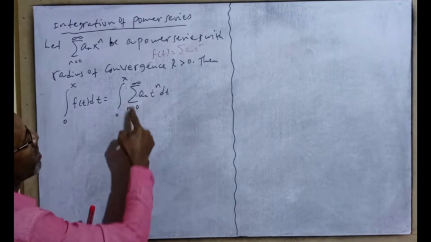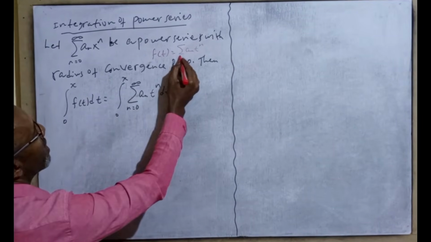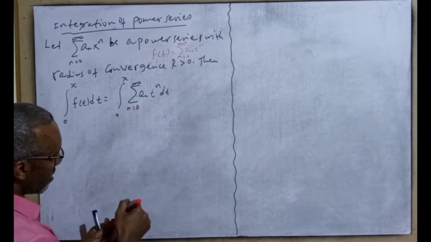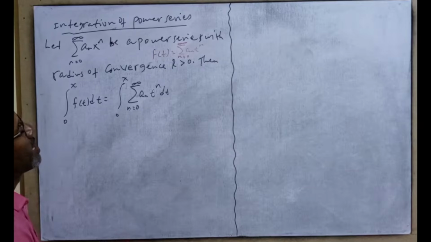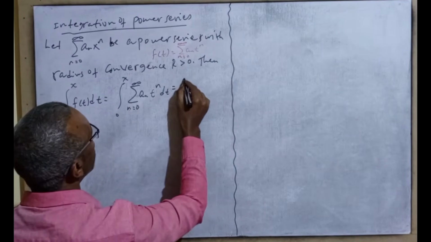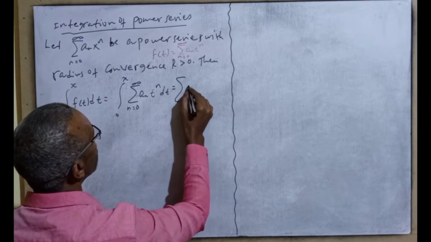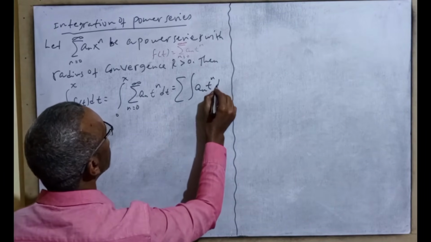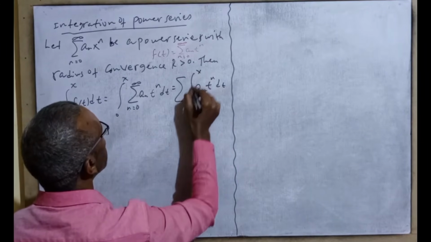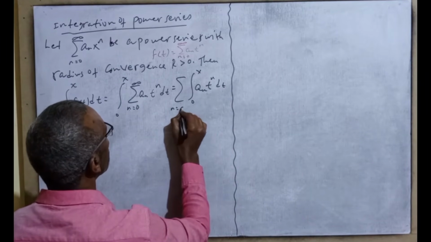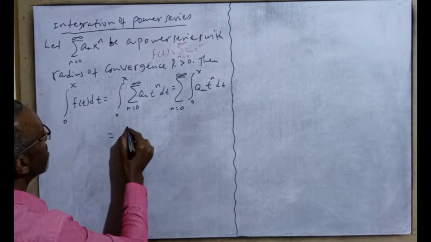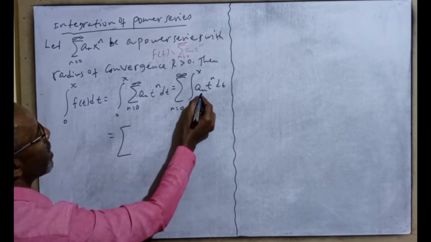in this case n runs from 0 to positive infinity, so the sum from n equals 0 to positive infinity of a_n t raised to n dt. The integral of this can be taken term by term: the sum of the integral of a_n t raised to n dt from 0 to x, where n runs from 0 to positive infinity. The integral of this becomes the sum of a_n as it is, and